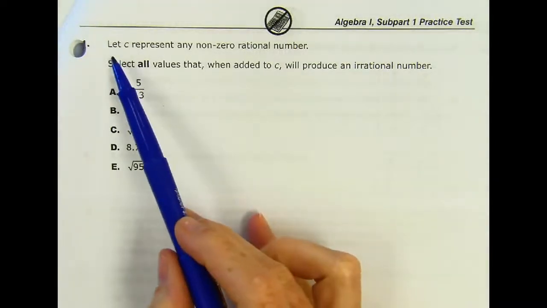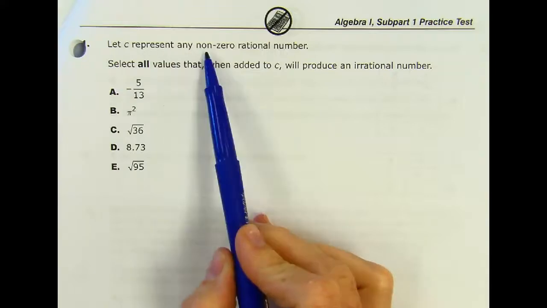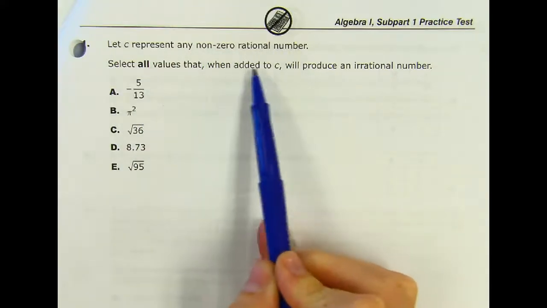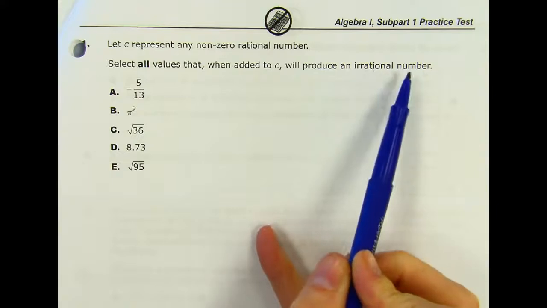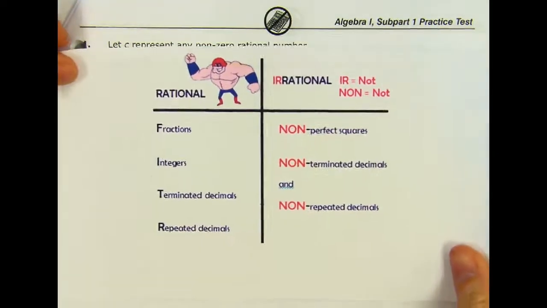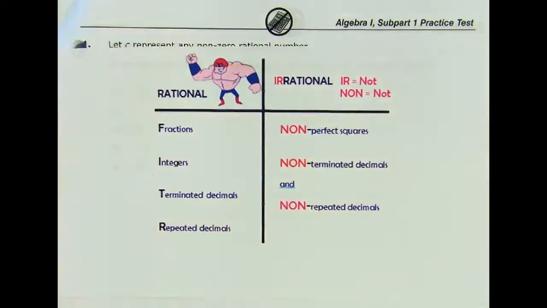For question number 1, it says let C represent any non-zero rational number. Select all values that when added to C will produce an irrational number. So the first thing you need to recall in this problem is what it means for a number to be rational or irrational. So I need you to recall, a rational number is any number that can be written as